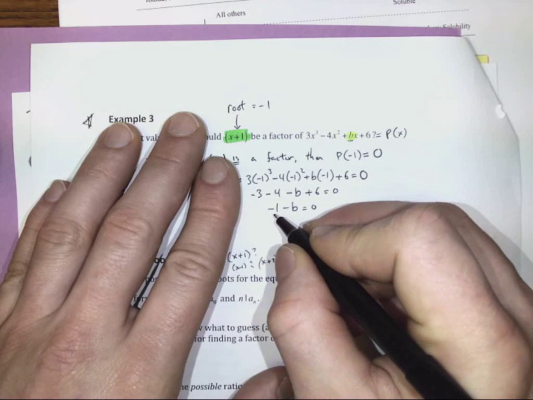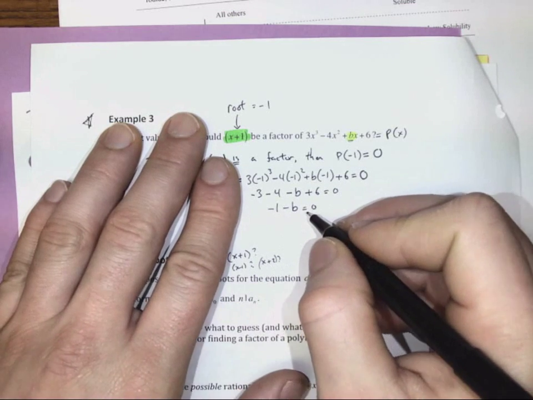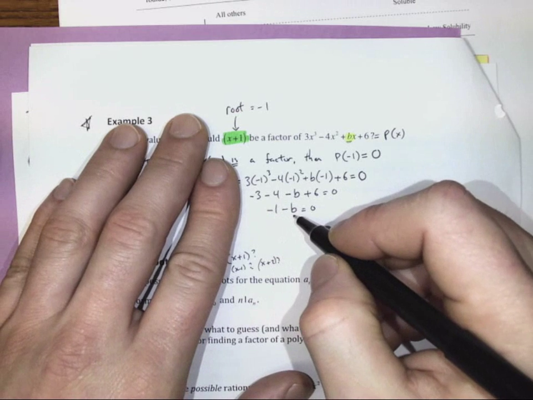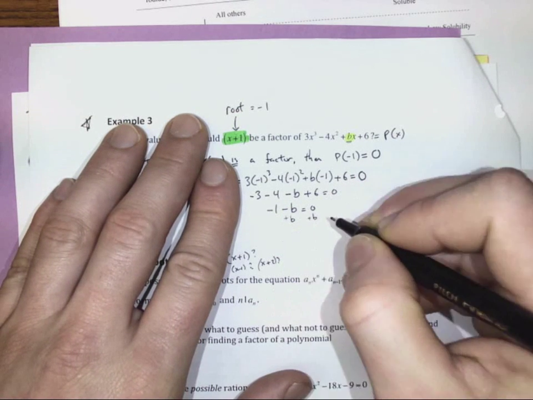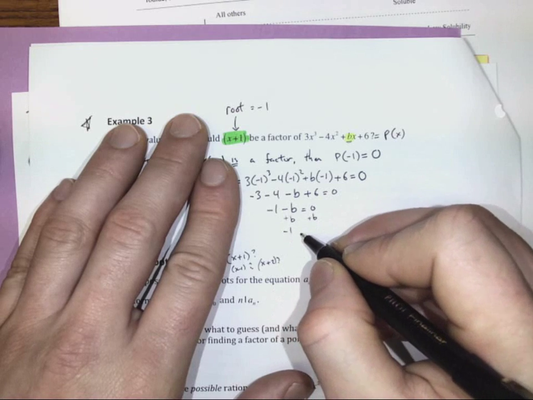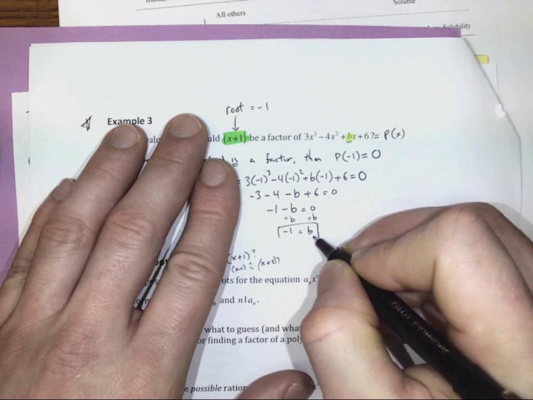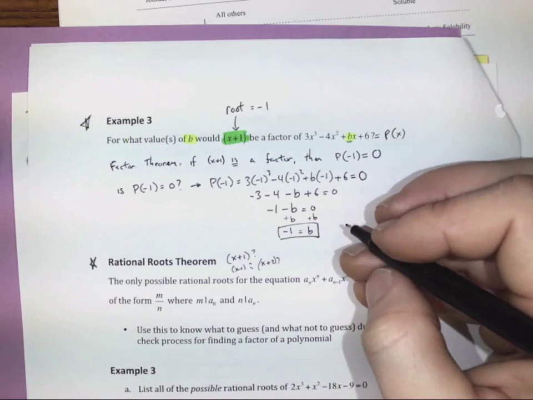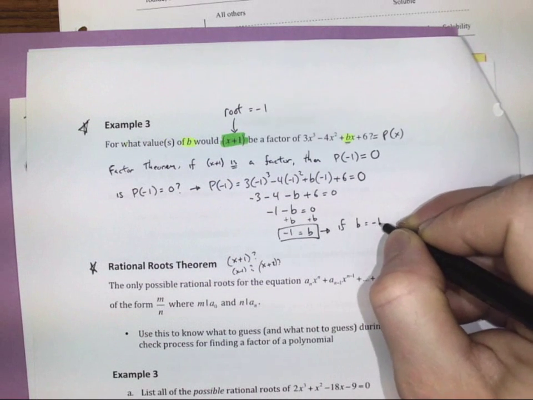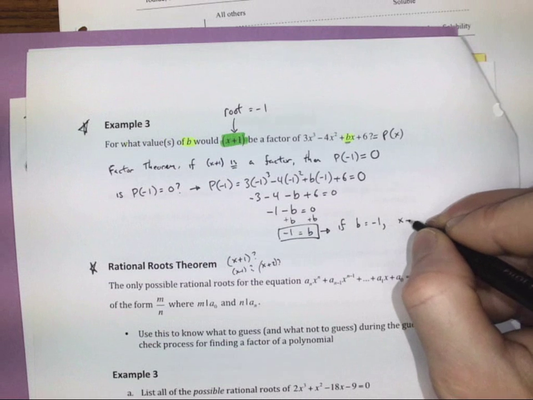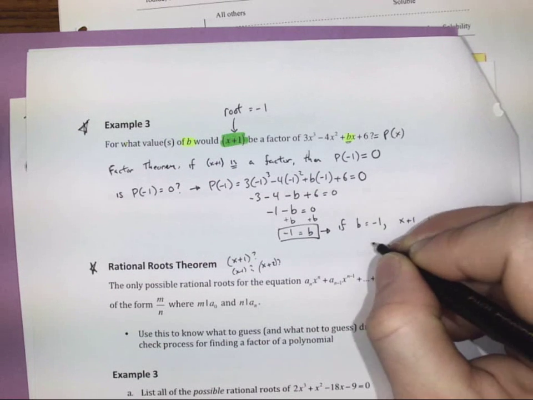So I could move the 1 away, which is usually what we want to do. We want to get everything away from b's side. But b is negative here, so actually I'm going to add b to both sides. And that tells me that negative 1 is equal to b. In other words, if b equals negative 1, x plus 1 is a factor